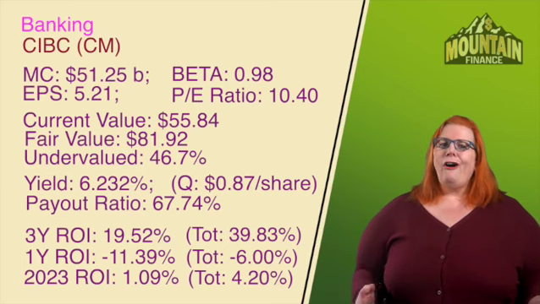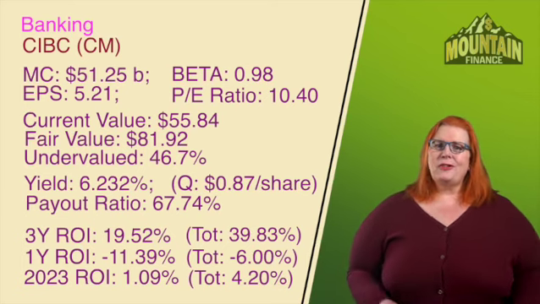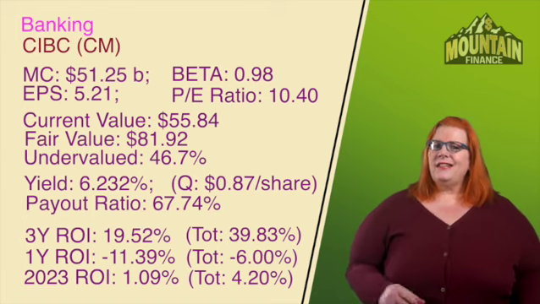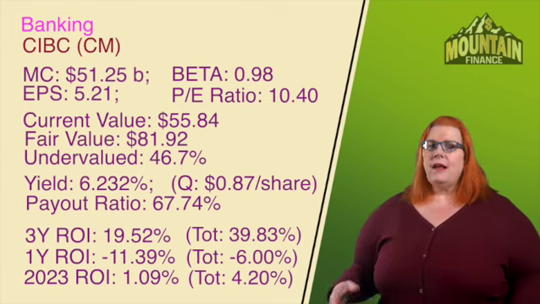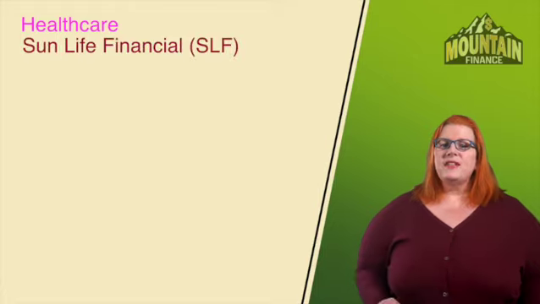I know that you are all curious about the other 5 banks because everybody has their favorites, right? Scotiabank, they came in at 38.3%, BMO at 35%, TD at 30.6%, National Bank at 28.8%, and finally, Royal Bank came in with 25.2%. Coming in at number 3 is the healthcare sector, and representing, we have Sun Life Financial